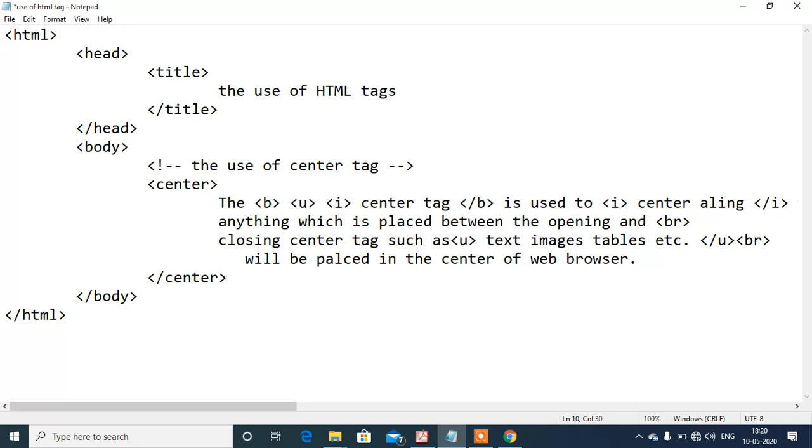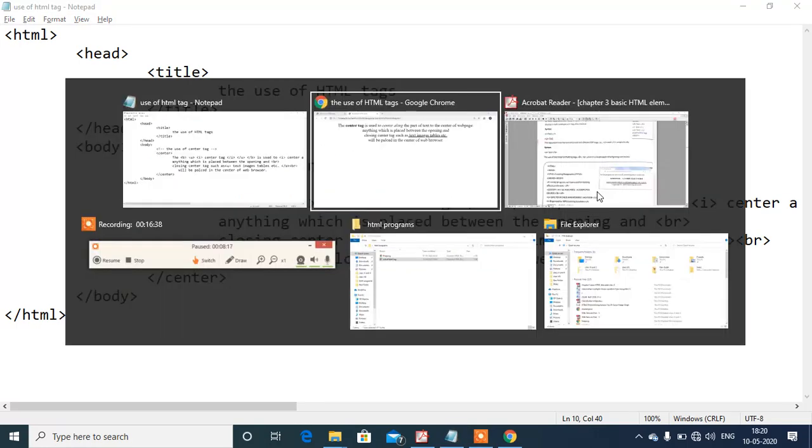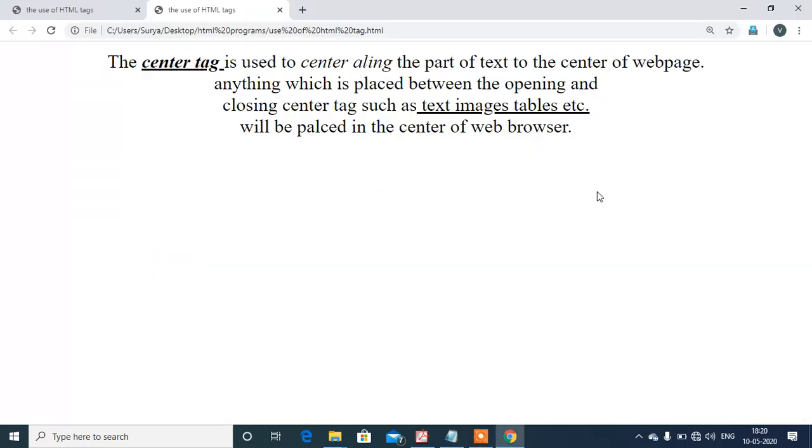That means first of all the I tag is closed, then U is closed, and at the end we can close B. तो यहाँ पे जो ऑर्डर है वो पहले है B, U एंड I, तो इसके रिवर्स ऑर्डर में जैसे I फिर U फिर B, इस तरीके से ये क्लोज होगा. कंट्रोल S, back to the execution window and press F5.